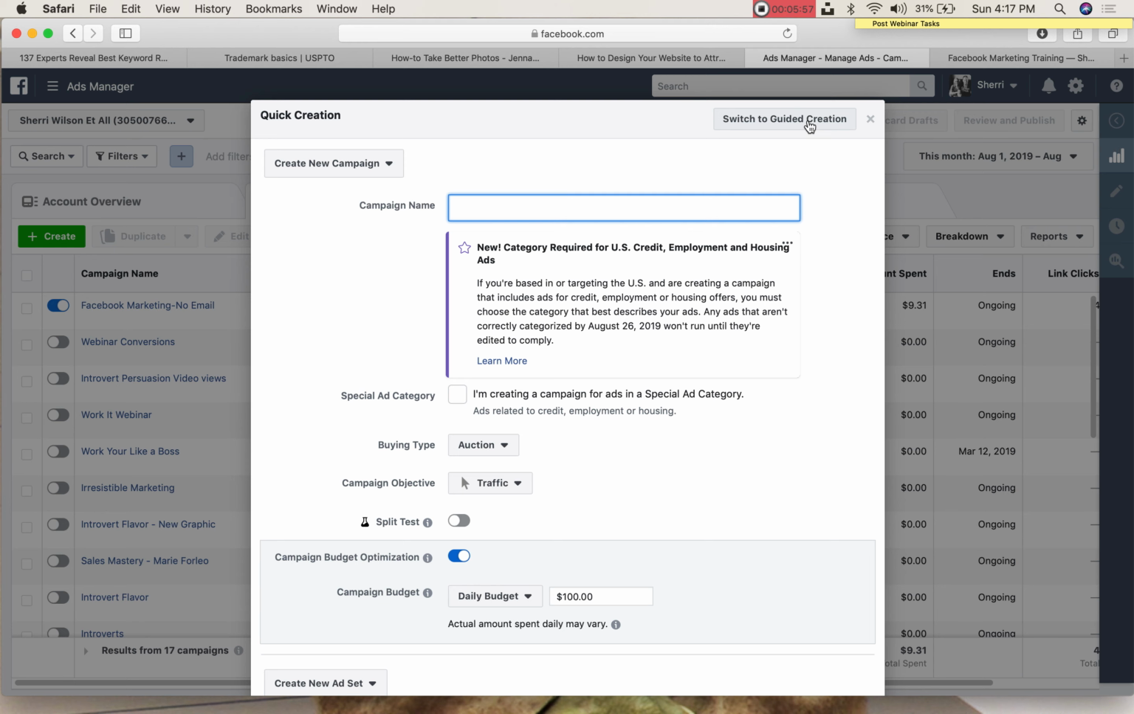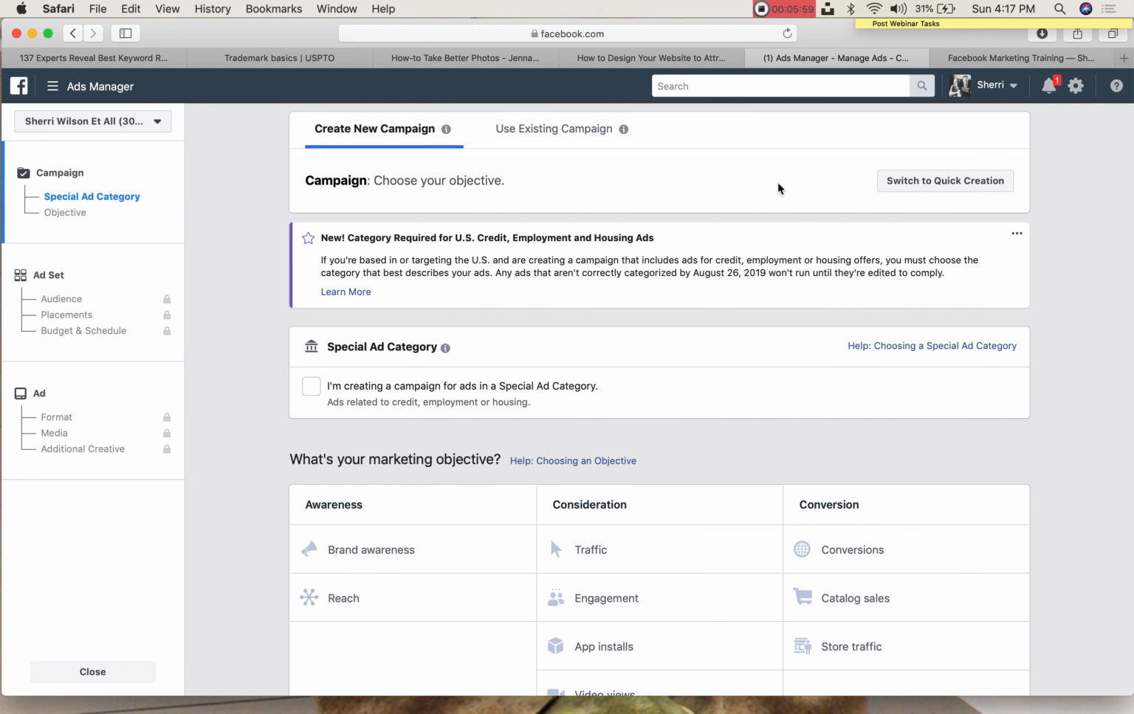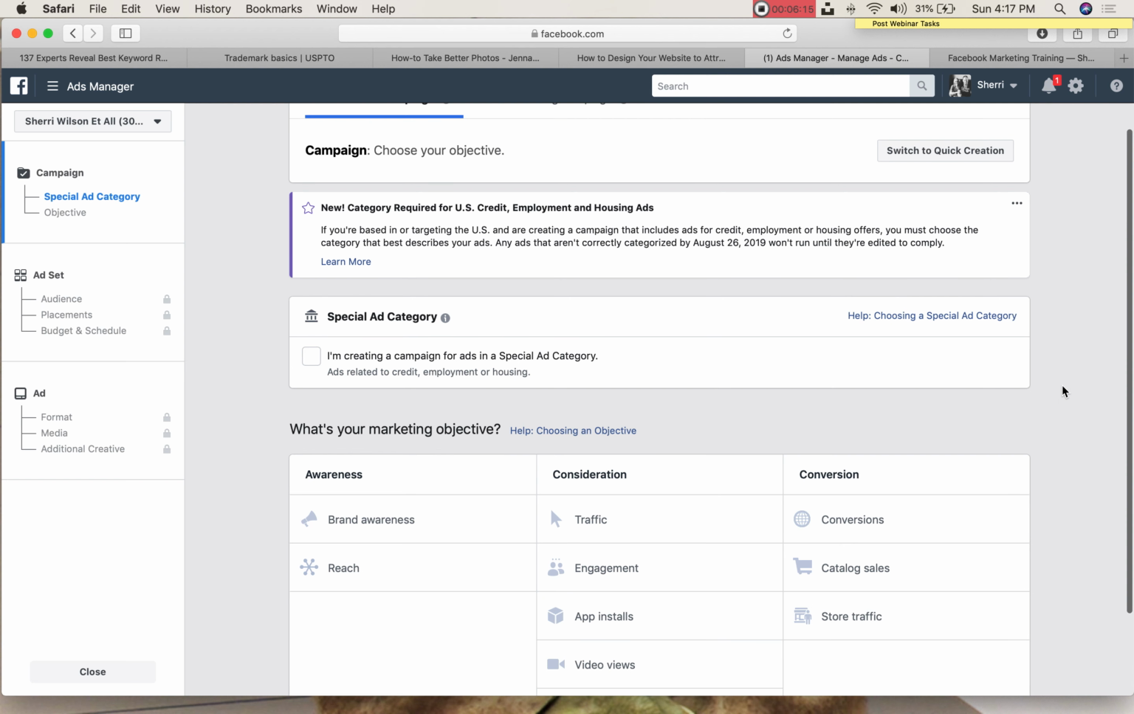Now you can switch to the guided creation, which I think I will do because that's what you'll more than likely see. If you don't see that, go ahead and click guided. If you want to go back to where I just was, you can click switch to quick creation, but I'm going to go ahead and go through the guided. Now,